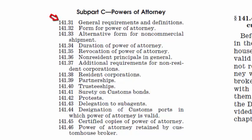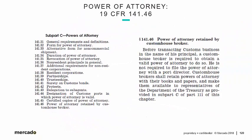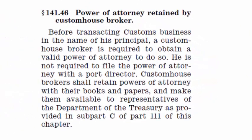General requirements and some definitions. The form for power of attorney. Alternative form for non-commercial shipment. Duration. Revocation. The specific regs to partnerships. We made reference to that earlier. 141.41, surety on customs bonds. Protests. On and on we go. These are the parts found for powers of attorney topics. On the right-hand side, we went to